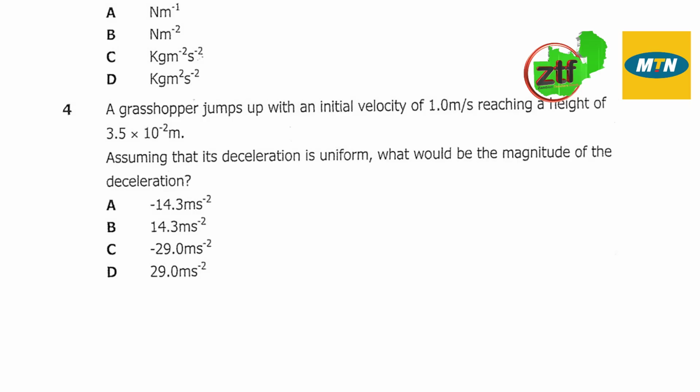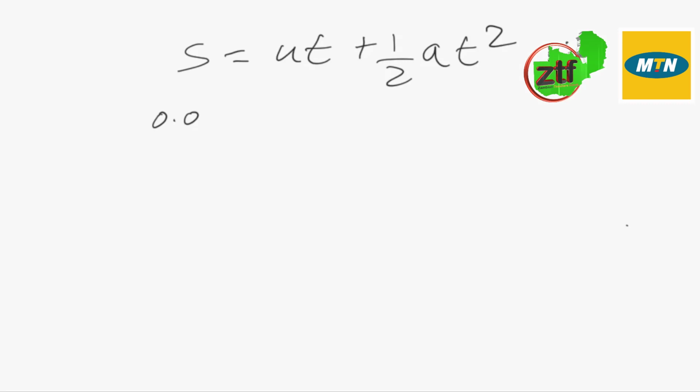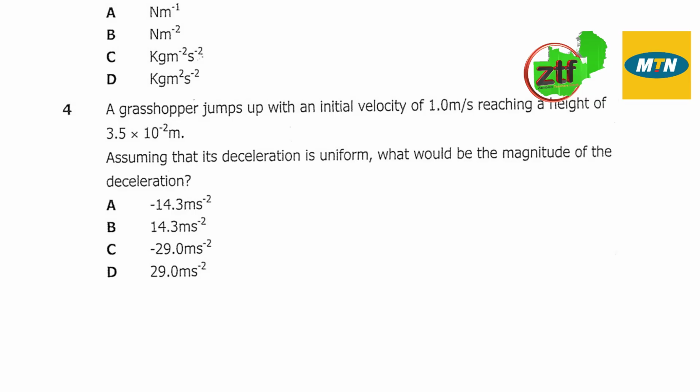When we use that equation, S is ut plus half at squared. We must fit in the figures that we have. So we have 0.035 is equal to, initial is 1. When we look at this, we notice that we will have a problem with it too, because time is not given, and so t remains a question mark. So we put x, and we see, what about if we say that